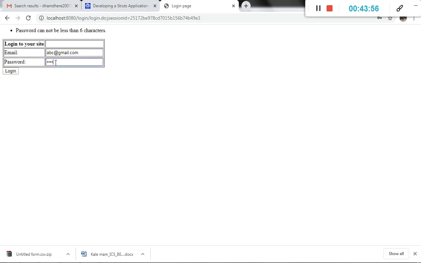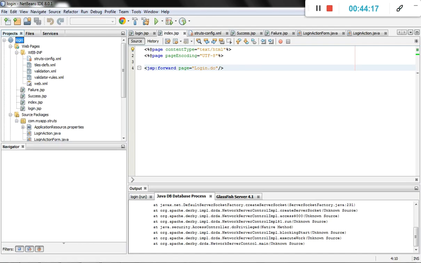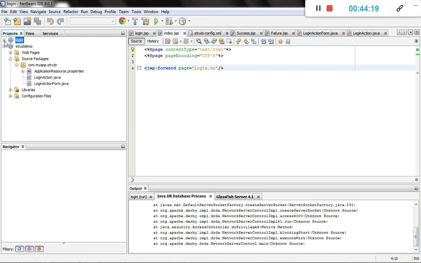Okay, not be less than 6, and this is the validation done with Struts. It's an inbuilt process. Like abcd@123, we will check it again. It's not showing the login failure. Okay, we will check it with this code.